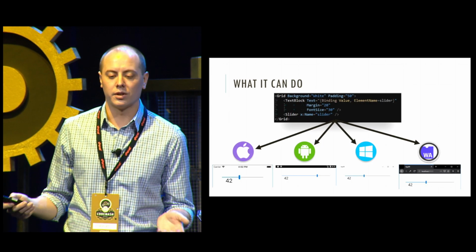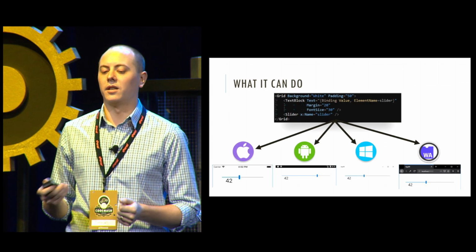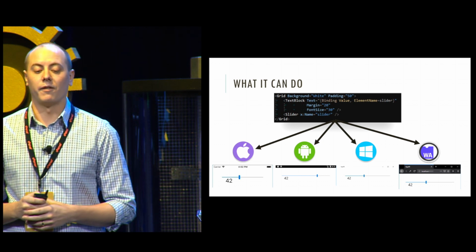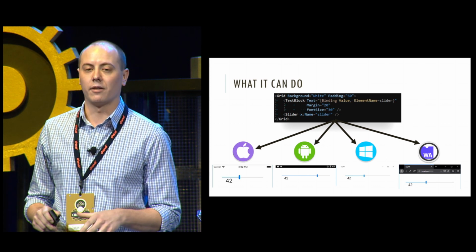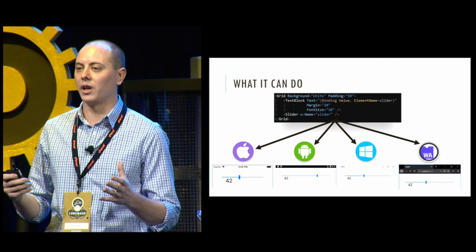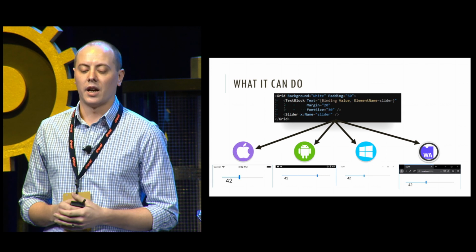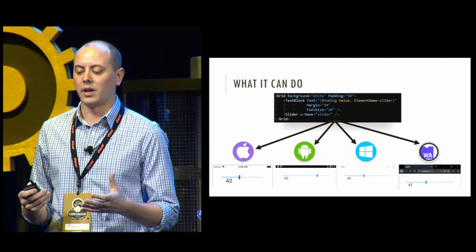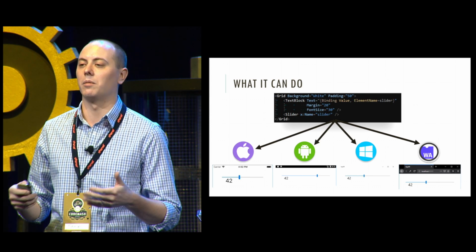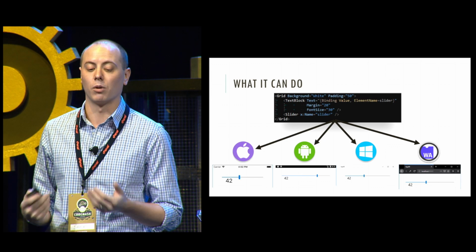So what it can do. The Windows 10 UI API is a very, very complex beast. It's very powerful, and you get to basically leverage all of that out of the box with UNO. Because UNO is basically just cloning the Windows UI APIs, you get those APIs out of the box, and on top of that, all the documentation that's provided by Microsoft, which in my opinion is pretty robust and pretty good.